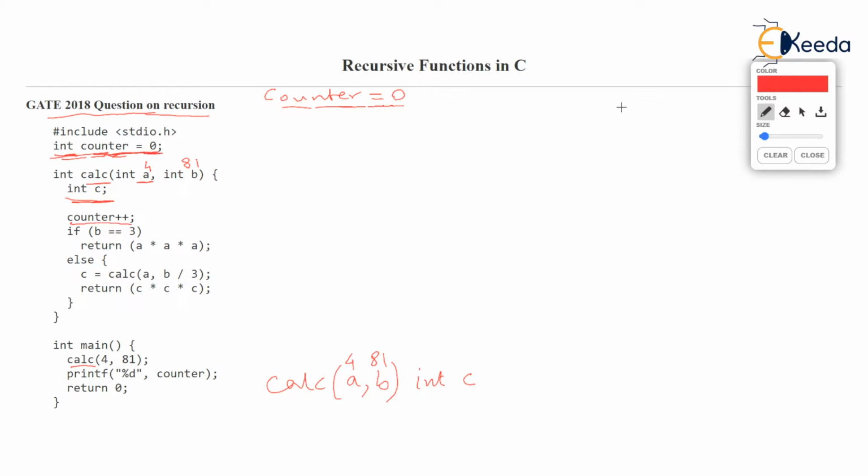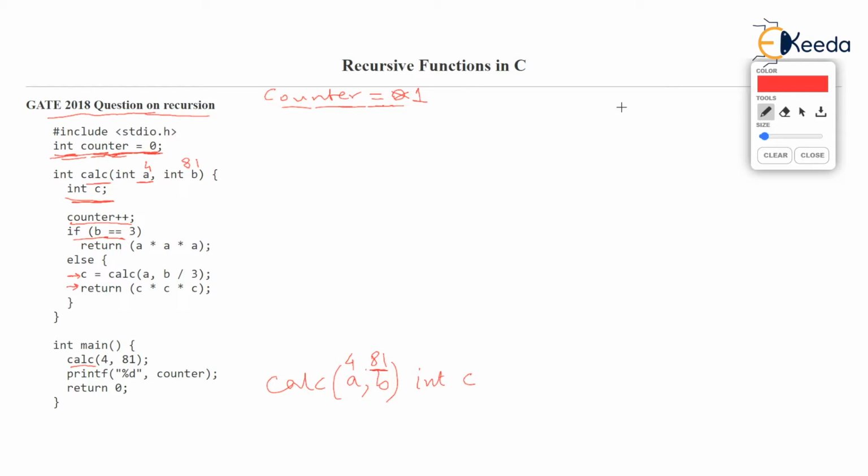So we should now use this global variable, and counter increases by 1. Next line is B equal to 3, but B is too big. B is 81. B at the moment isn't 3, is it? So else will run, and check the pointer here, else will run, and these two lines will run because they are inside the else. And it says